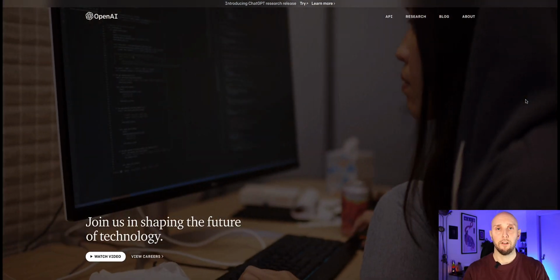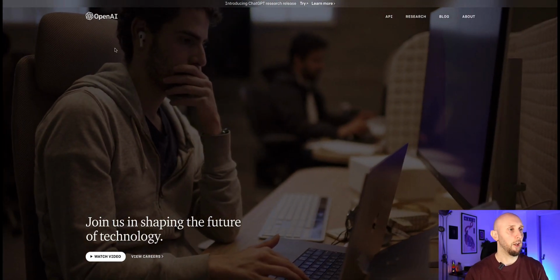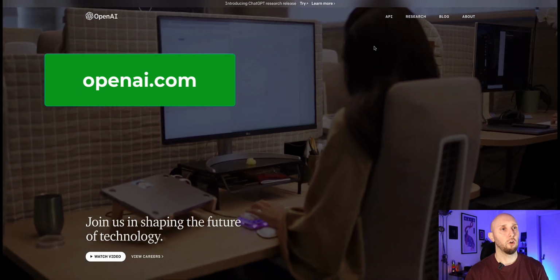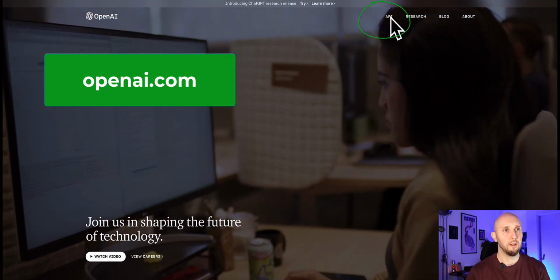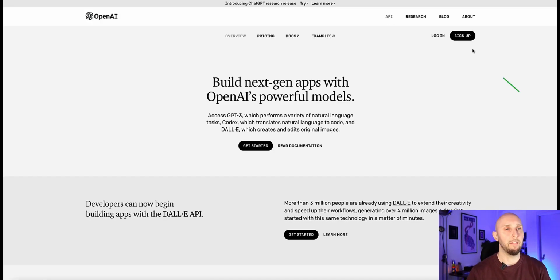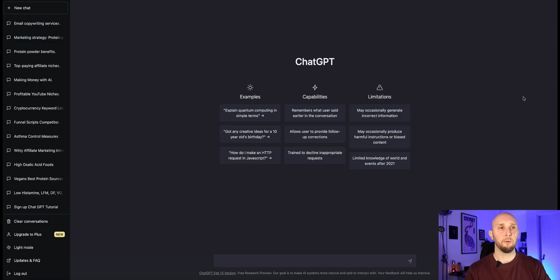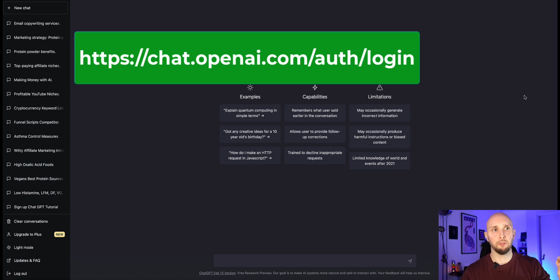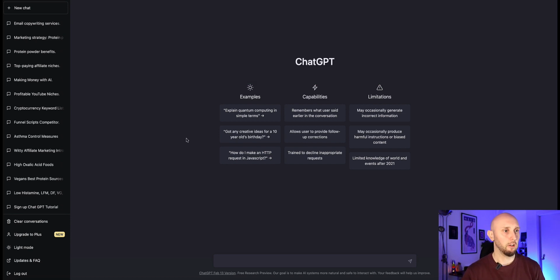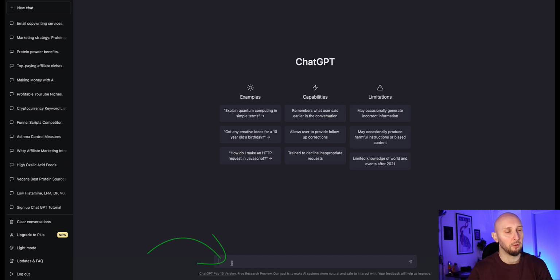Now, if you don't already have an account with ChatGPT, you first have to head over here to openai.com, and you first need to go to this link here that says API, and then you go to this button here, sign up, and then you create your account. Once you've created your account, you then need to log into the ChatGPT portion of OpenAI via this link that I'm putting on the screen right now. And then once you first log in, this is what ChatGPT is going to look like. And you can write your prompts down here at the bottom,